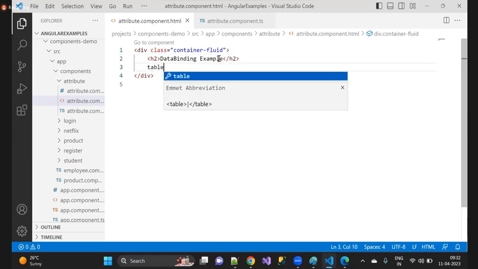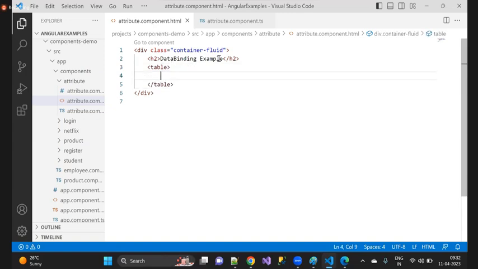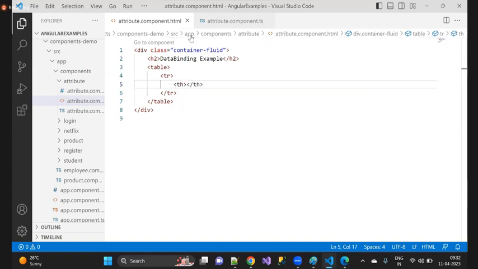Generally, a table is a collection of table rows. I have a table row where I can give TH, and in this particular one,